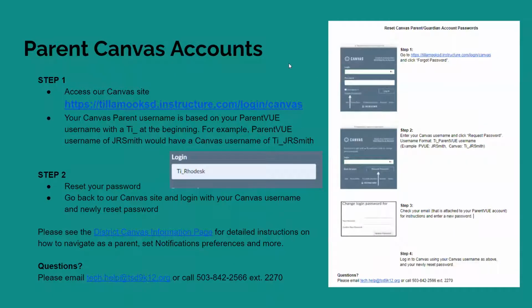I want to talk about parent Canvas accounts. I know this has been a number of questions that I've received over the last week. I just want to remind you that we have created a Canvas parent account for you, using the login that you would use for Parent View. Parent View is what elementary uses to register your students for school. It's the same for secondary, but you also would access Parent View to see your children's grades in Synergy. If you cannot remember your Parent View username, then please email the address down here at the bottom,